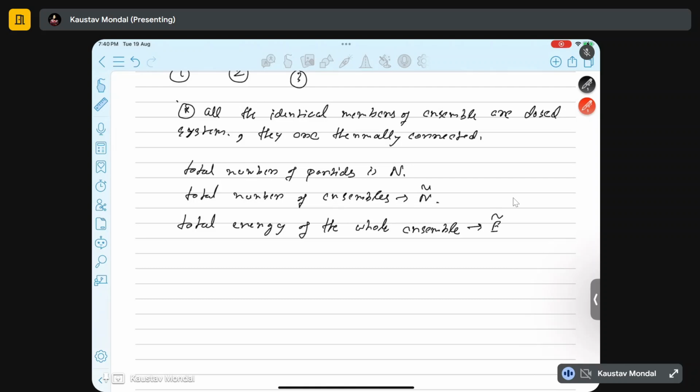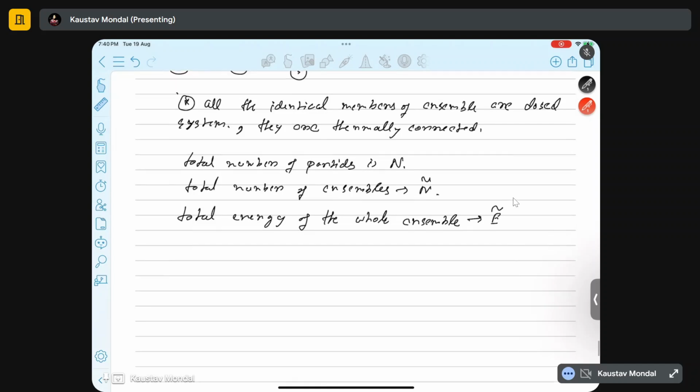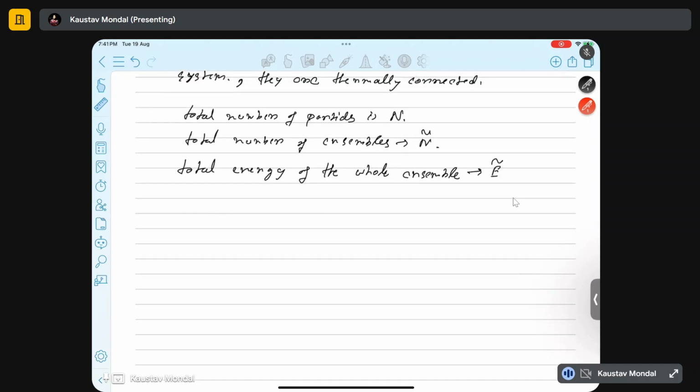So let's suppose, out of these N tilde total members of the ensemble,